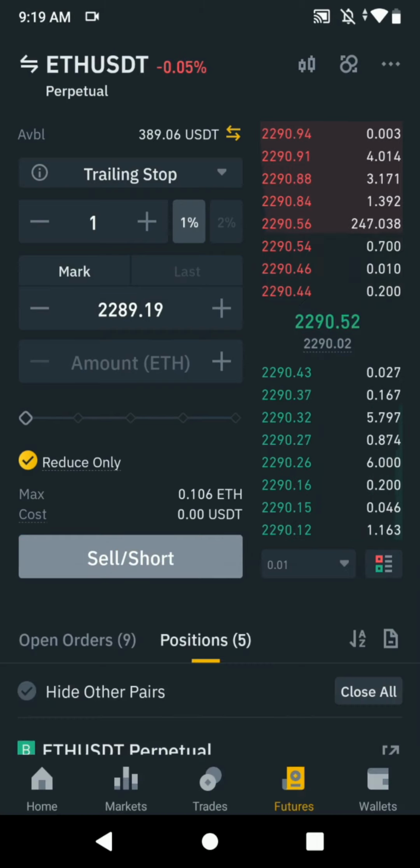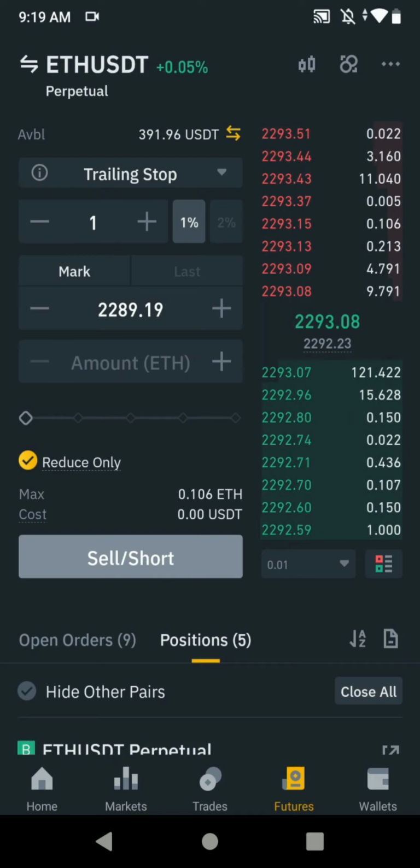So guys, this was all about how to set a trailing stop loss on your trades and never miss out on your profits. It is better to use a trailing stop loss than putting limit orders, because orders might not get filled, as our trade might or might not hit that target. But with the help of a trailing stop loss, you can rest assured that you will get some profit.